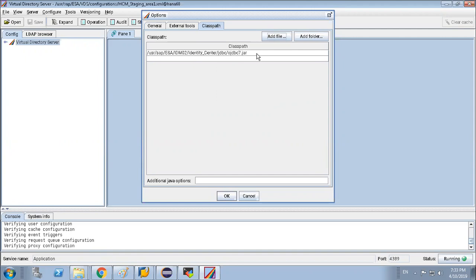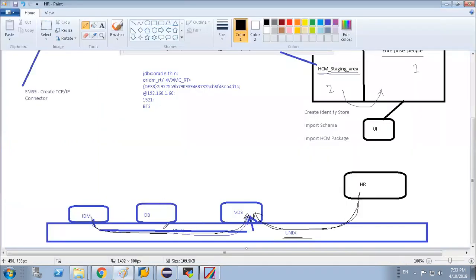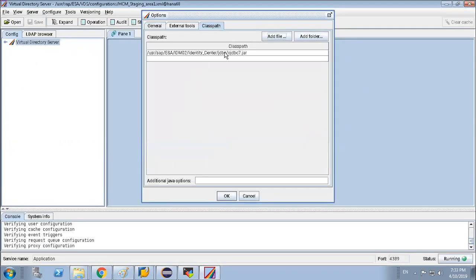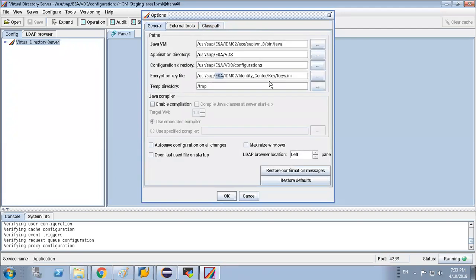Why is this needed? This is needed in order to connect to your database. To connect to your database, you have to give this path in your class path. These are the two pieces of information you have to maintain, or the basis team has to maintain, because they are responsible for starting up the VDS.